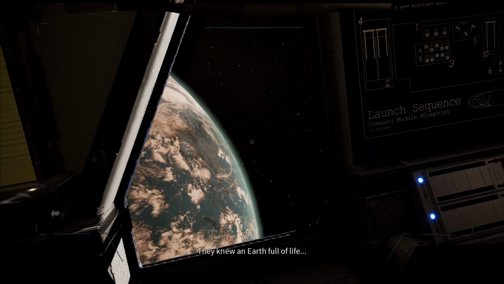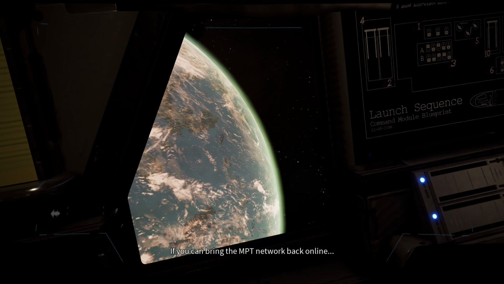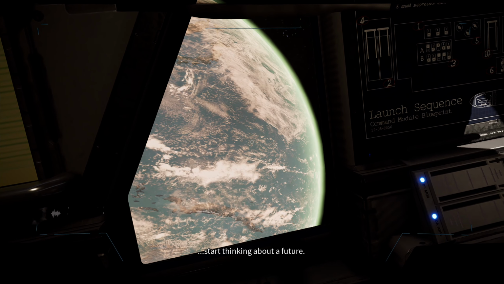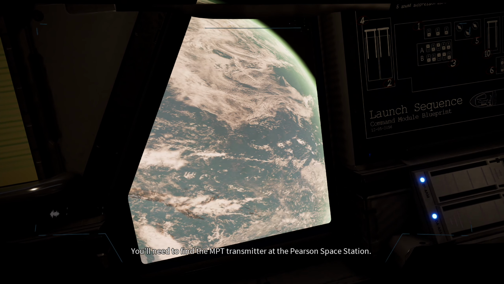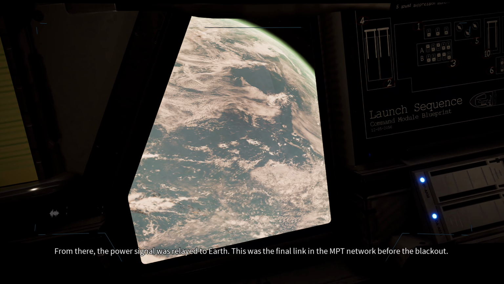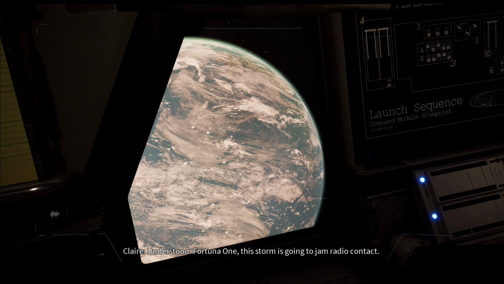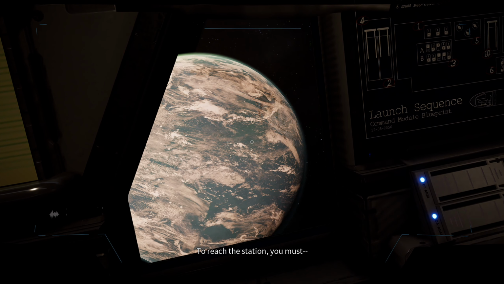They knew an Earth full of life. All we know today is dust. If you can bring the MPT network back online, it could restore the hope humanity lost after the lunar colony fell. We could recover, rebuild, and most of all, start thinking about a future. You'll need to find the MPT transmitter at the Pearson Space Station. From there, the power signal was relayed to Earth. This was the final link in the MPT network before the blackout. If there are answers to find, they're at Pearson. Claire, we need to head down to the shelter. These winds are getting bad. Understood. Fortuna 1, this storm is going to jam radio contact. You'll be on your own for a while. To reach the station, you must...